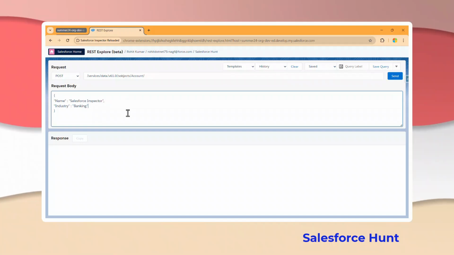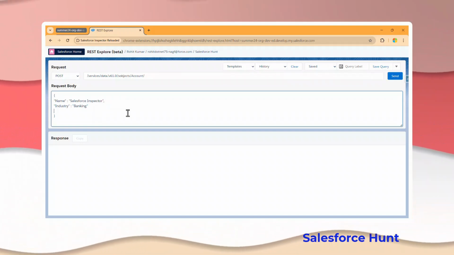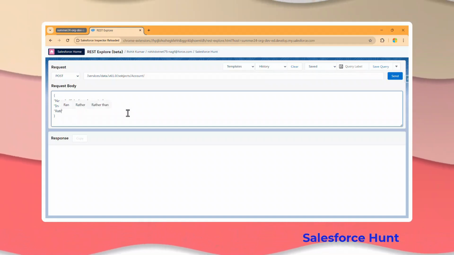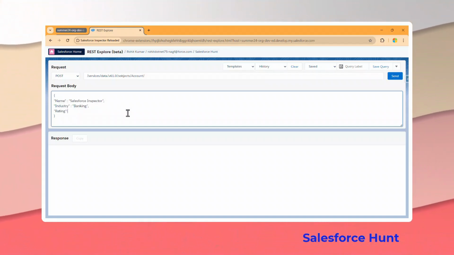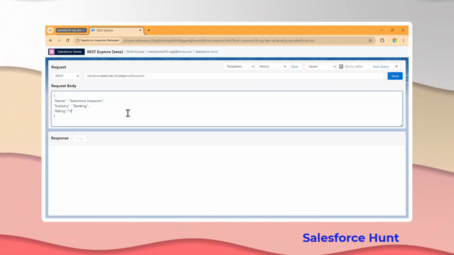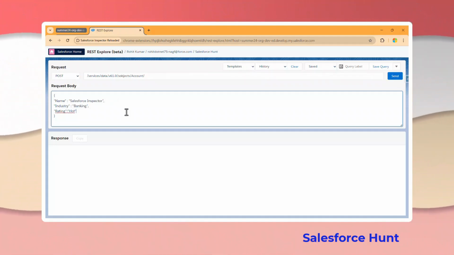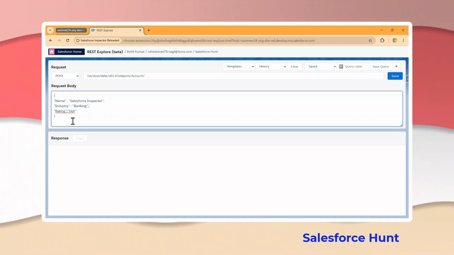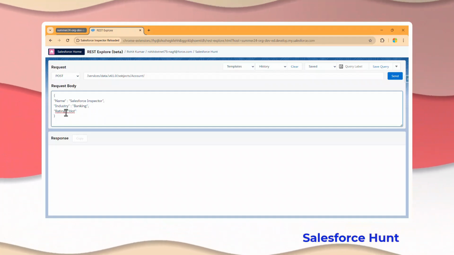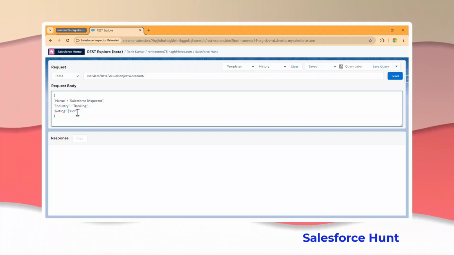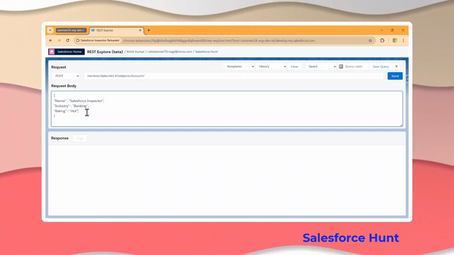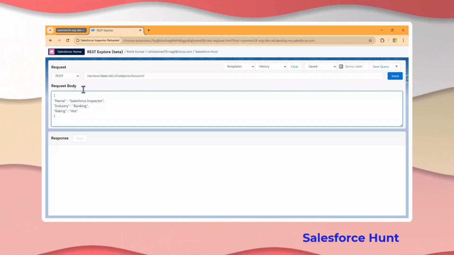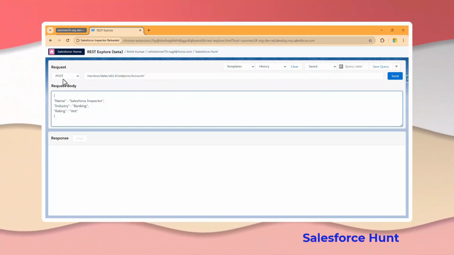You can use anything, as well as rating. Okay, so let me add the rating here, like rating colon, and it's hot. Okay, so I have put 3 values here. So here you can see the rating, everything, right? Let me make some space between them so it's easy to understand. So I have 3 parameters: name, industry, rating, and once we hit this URL, and this is the post